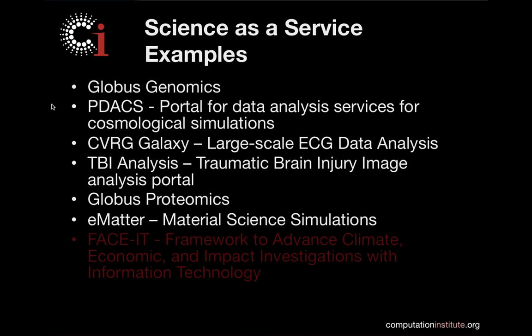The third example is the Cardiovascular Research Grid Galaxy, which is a science gateway that runs on Amazon Web Services to do large-scale ECG data analysis. This is part of the NIH project for cardiovascular researchers. It's a service that we created that allows researchers who work in cardiovascular diseases to do large-scale analysis of time series data that ECG machines provide, and correlate those